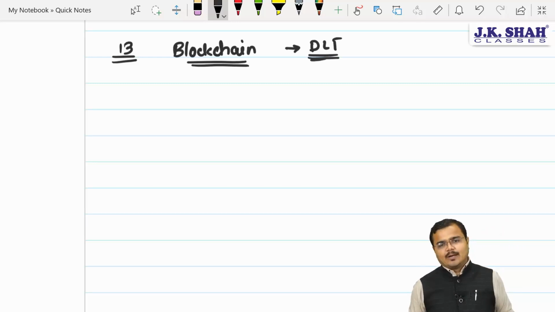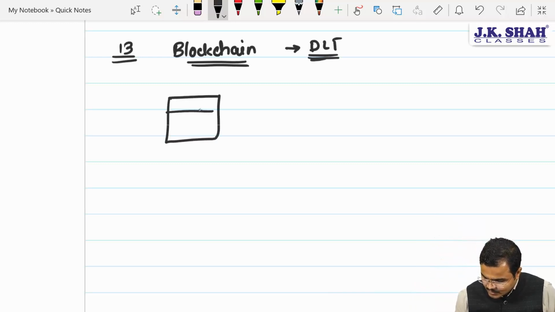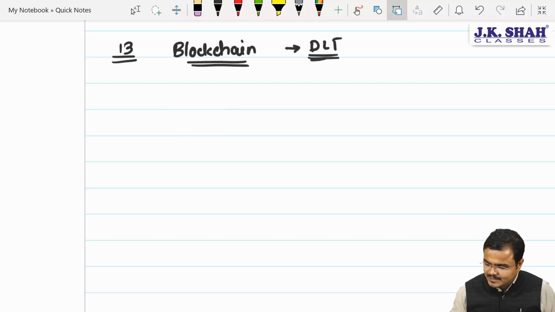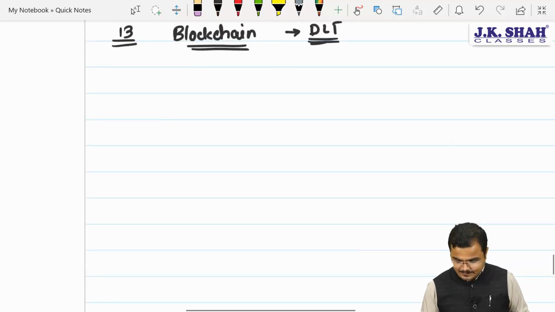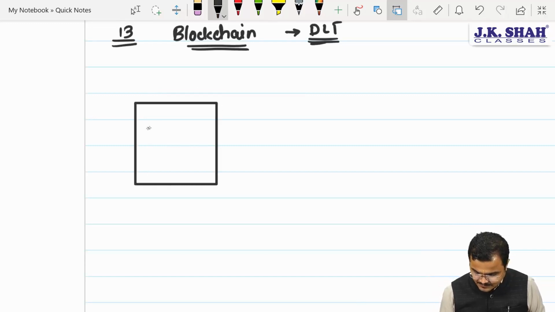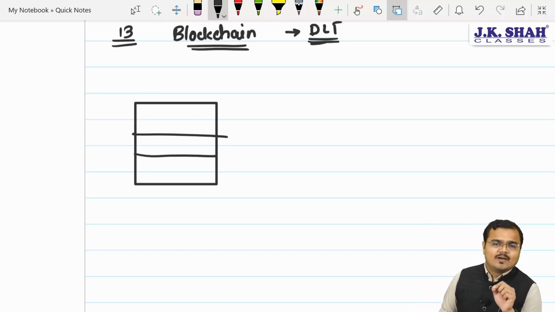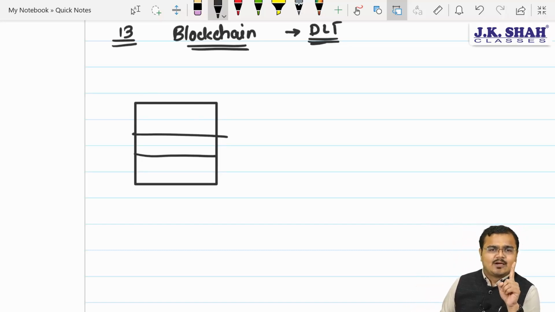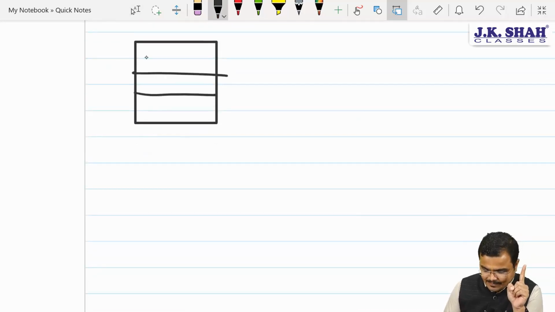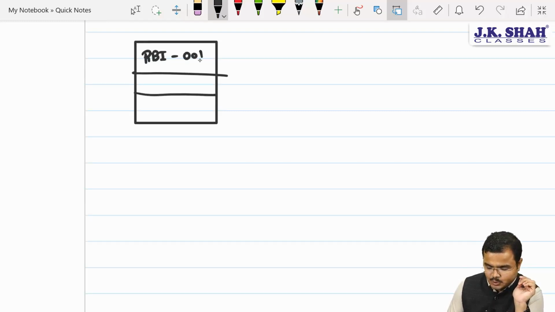Okay, chartered. Let's try to understand. Suppose we have the Reserve Bank of India. I'll take you through a very small example to explain this content, so please concentrate very carefully. Suppose we have the Reserve Bank of India, and it has created 1 lakh rupees in the economy. Say for example, the block creator name is RBI. RBI created on batch number 001.